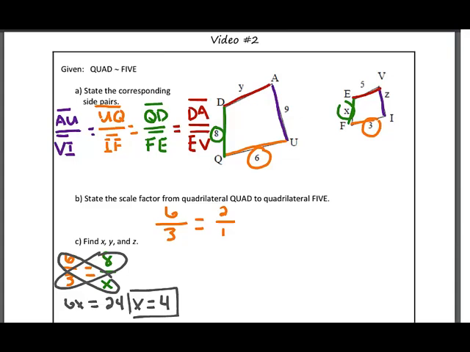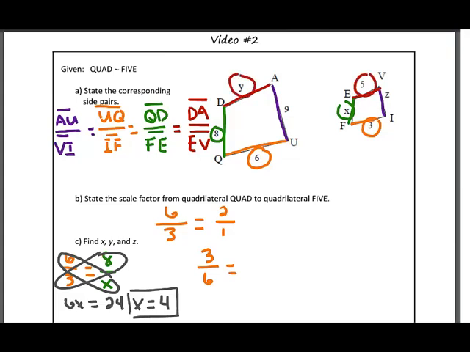Now we want to solve for y, and we're going to solve for y the exact same way. We want to set up a proportion. So I'm going to go back and use the same proportion. We're going to do 6 over 3, but this time I'm going to show you it doesn't matter if you do 6 over 3 or 3 over 6 as long as your order stays consistent. So instead this time I'm going to go 3 over 6 is equal to, well, let's see, we have 5